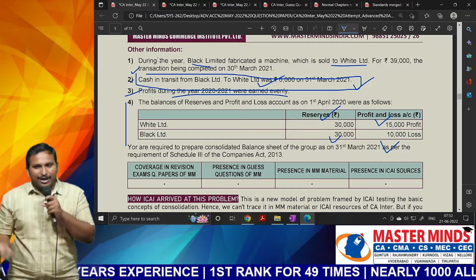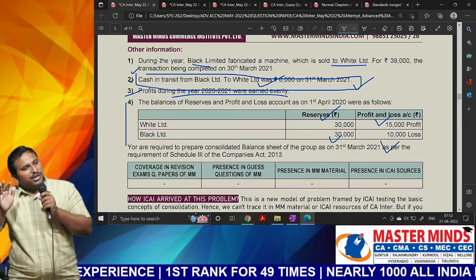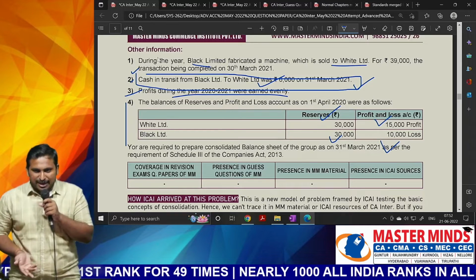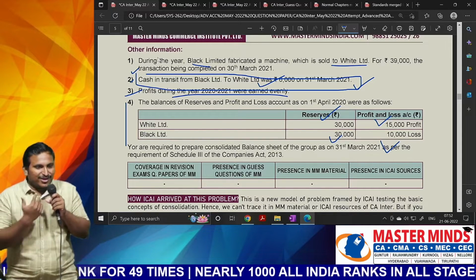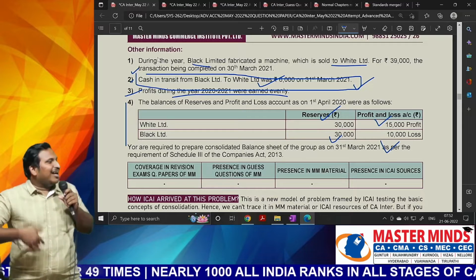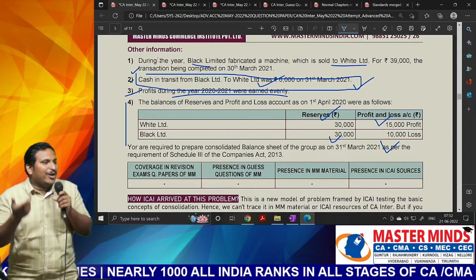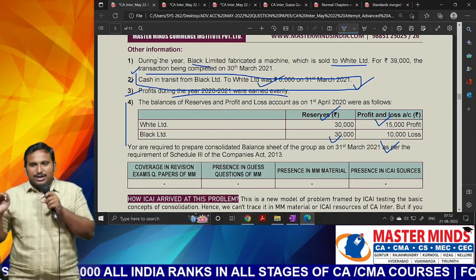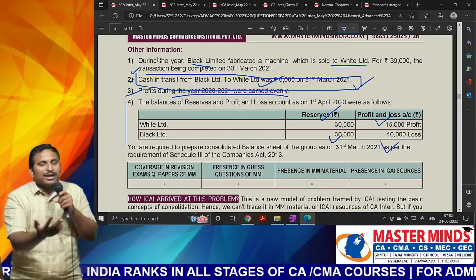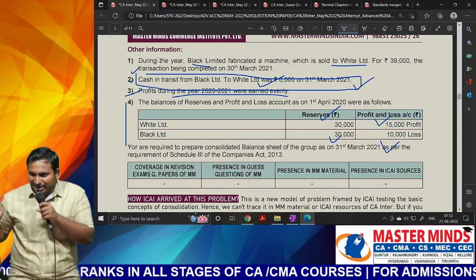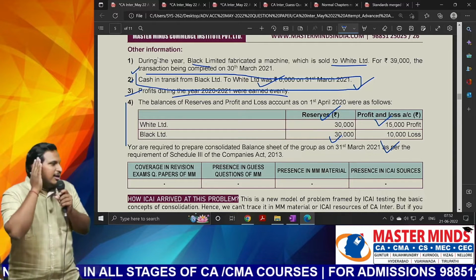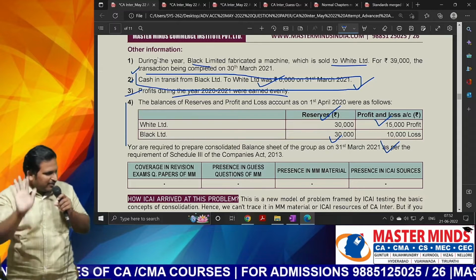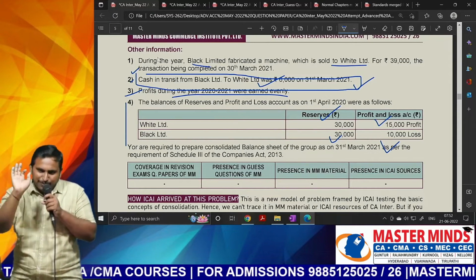Just try. Of course, if there is any other very comfortable question, you can go ahead and attempt that first. Never be afraid of new questions. They are trying to increase the level of the paper examination by examination. So don't be afraid just by looking at 1 or 2 points within a question. Wherever difficult points are there, simultaneously they will attach easy points also. Overall, they'll always make the paper easy only.